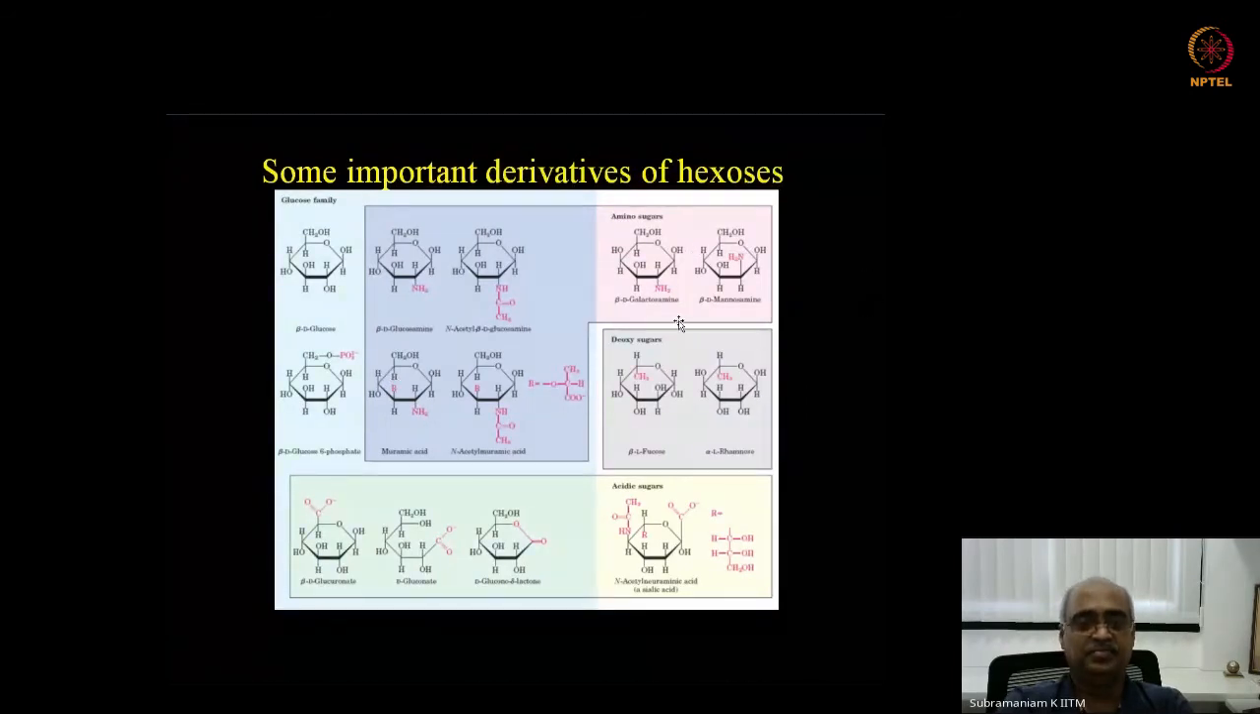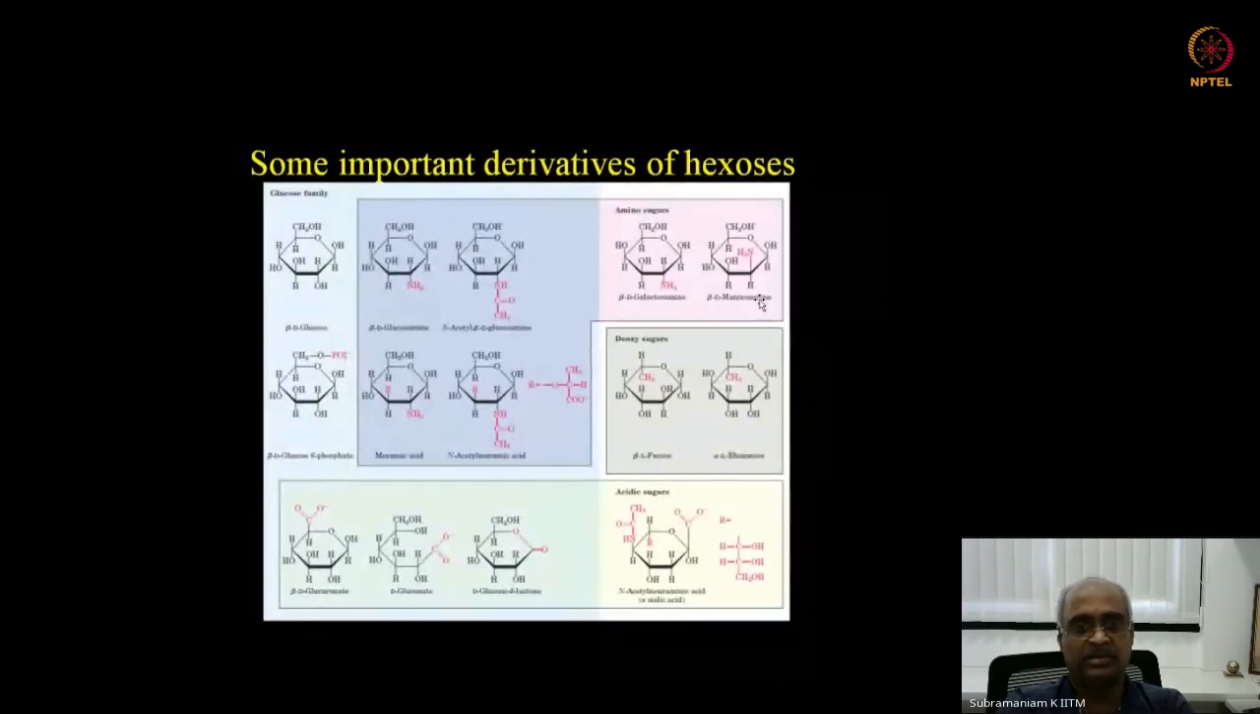And so this is the other, the galactosamine, mannosamine, like that. And some of the sugars might have a methyl group instead of a hydroxyl group in the fifth position. Fucose and rhamnose are examples. They are from mannose and galactose respectively. Then